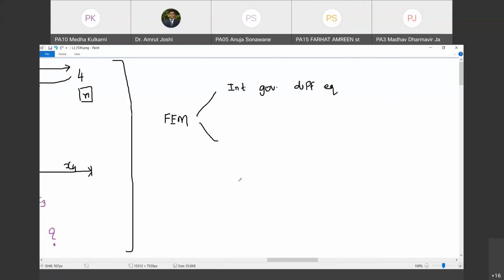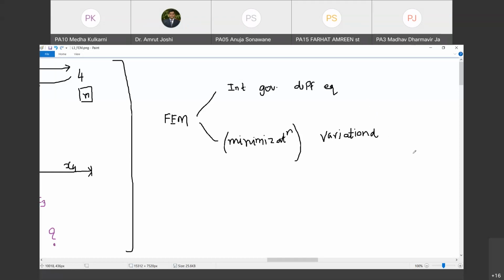और दूसरा एक फॉर्मुलेशन रहेगा जिसमें we will use principles like minimization of potential energy. Minimization principle is essentially a variational principle. What does it mean? I will tell you later. But there are finite element formulations which take into account minimization of something. Are you with me? Yes, sir. Or maximization of something. Those are called variational approaches. Are you with me? Yes, sir. Variational calculus deals with maxima and minima of quantities. Are you with me? Yes, sir. So ये दो तरीके से हम finite element formulation कर सकते हैं.